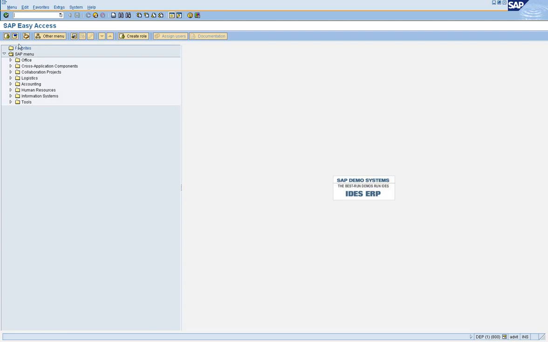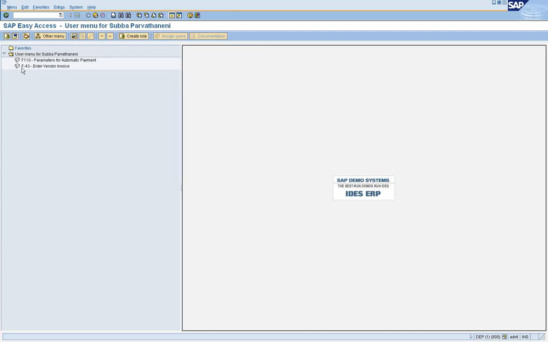Now, users are assigned roles, and depending on how their user settings are set, by default they will either see the SAP menu structure here, or they will see the transaction codes that are assigned to them through roles.